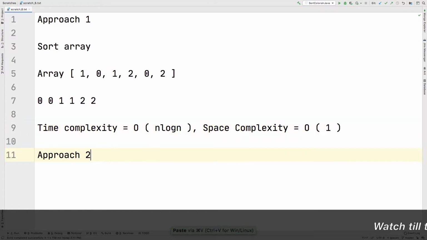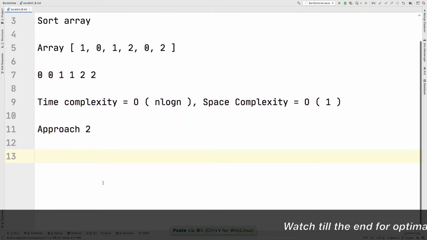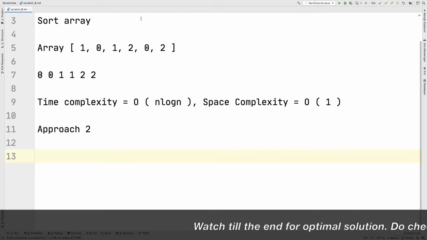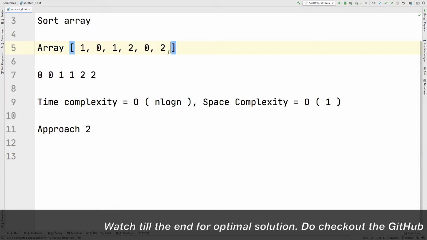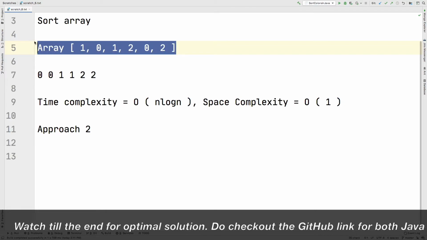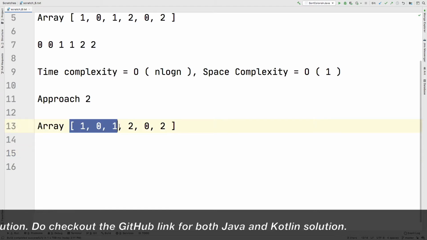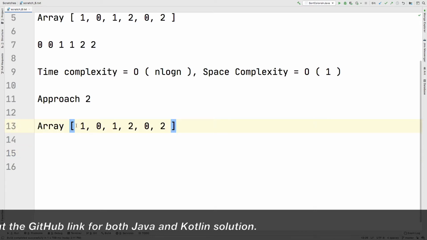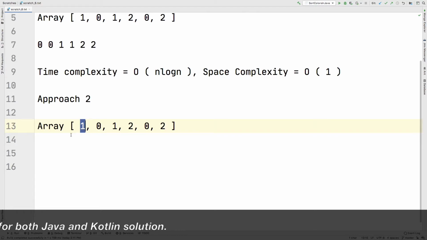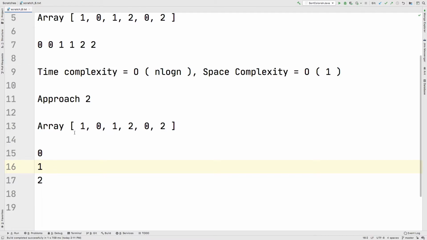Okay, so this is very basic where you can write a sorting algorithm. Next we will see the approach 2. Here what we can do is we can simply keep a count of the number of elements. So let's say we have this array as an input. Okay, and then what we can do is we can simply iterate through this array and we can keep a count of these elements. So let's say if we start keeping a count for 0, 1 and 2. So let's say if I start iterating through this array, the first element I get is 1, then I'll simply increment the count for 1, and similarly for 0 I'll keep a count.